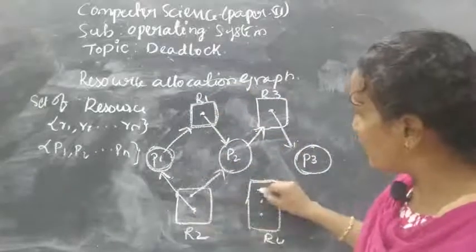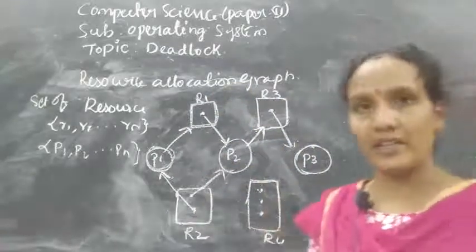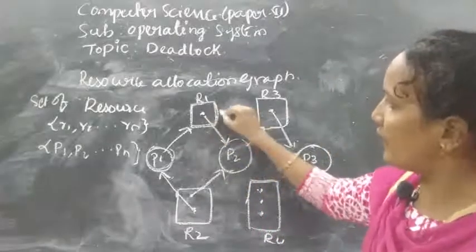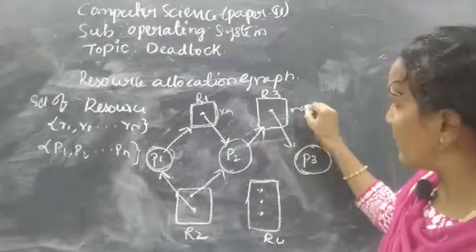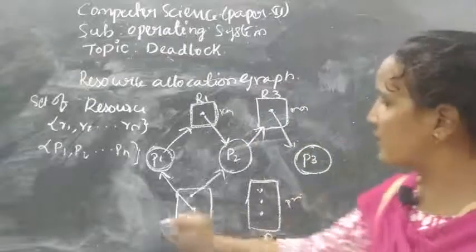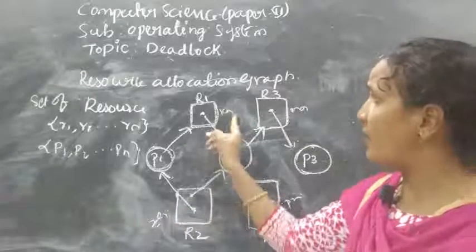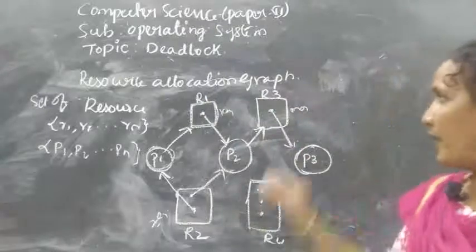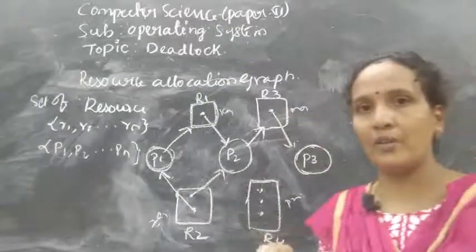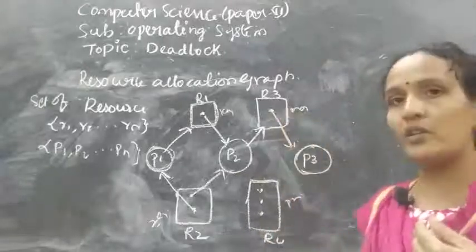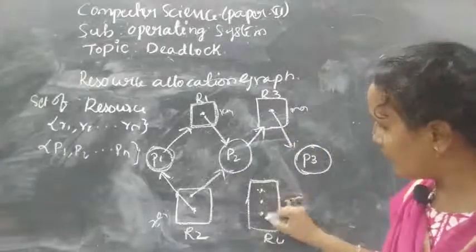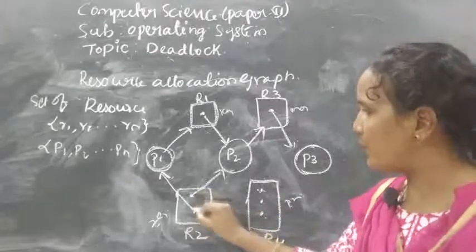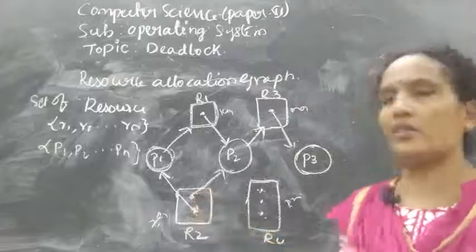What do these small dots represent? The number of instances. For example, this is a keyboard, this is a mouse, these are the printers, and this is a Xerox machine. How many keyboards do we have? Only one keyboard, because here we have only one dot. How many mice? One mouse, so the dot is only 1. Now 1, 2, 3: how many printers do we have? 3 printers. And how many Xerox machines? 2, because here we have 2 dots.